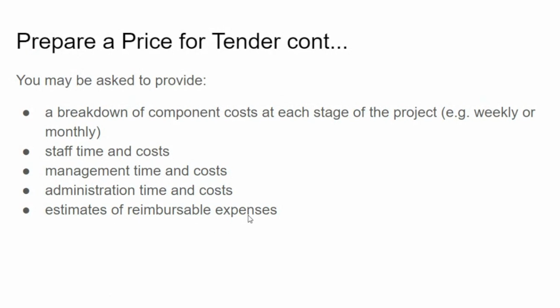So if you're doing a contract or if you're going to provide a quote, you need to think about what the costs are of providing this product or service, and then what are some of the things that you've got to build into the price, and are there aspects of it that are going to be reimbursed? For example,